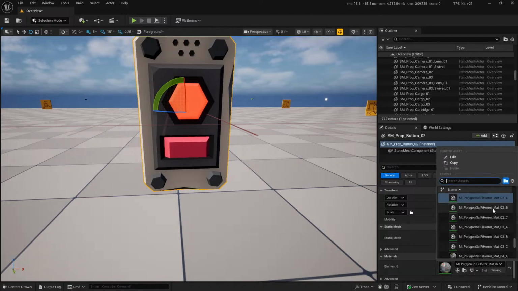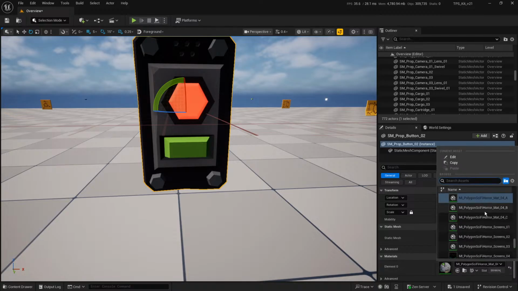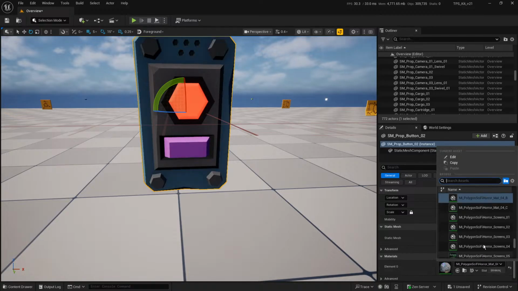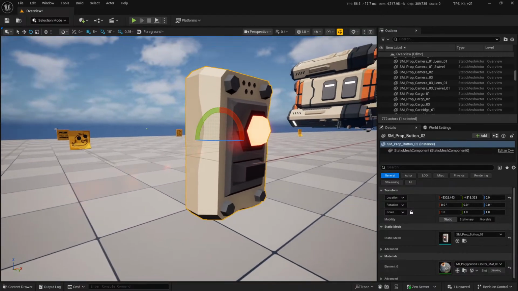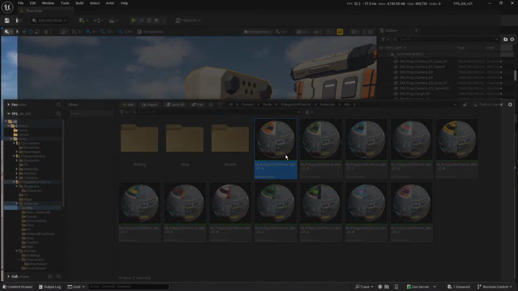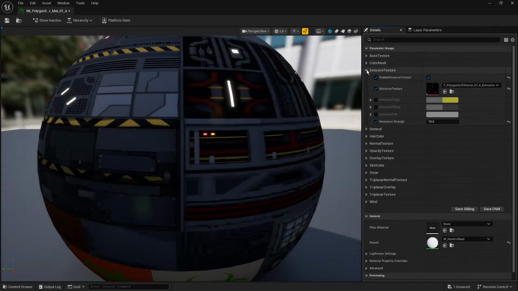That's the button. I mean, it's nice to have all the different button changes because we can at least go through each of these and make them match to the theme of your ship. But okay, maybe I'm going to have to do a little bit of looking around to get that to not be red. What that one literally could be is, if we look in this material instance here, this has